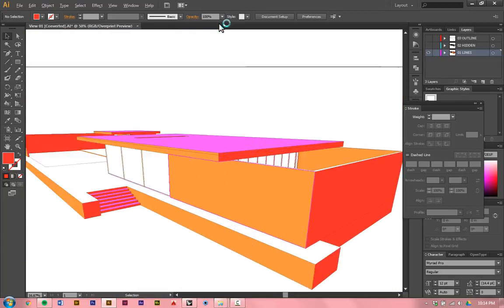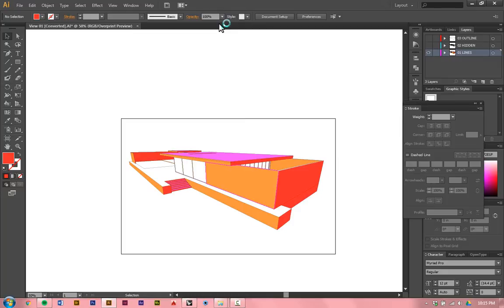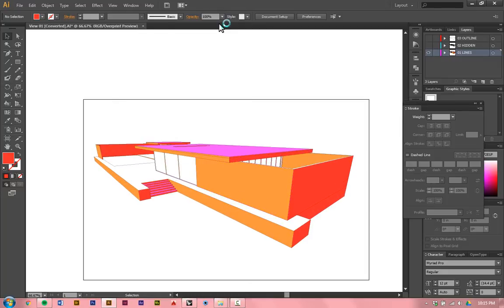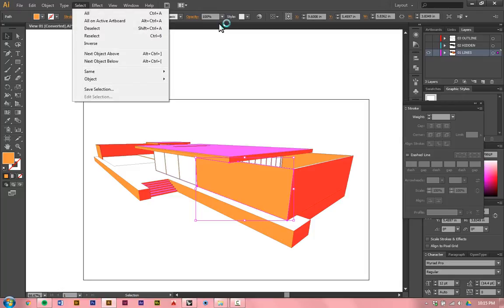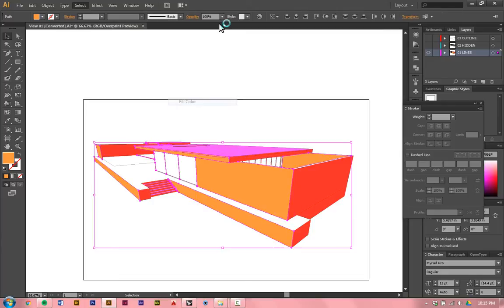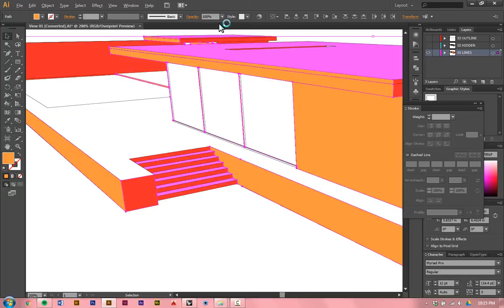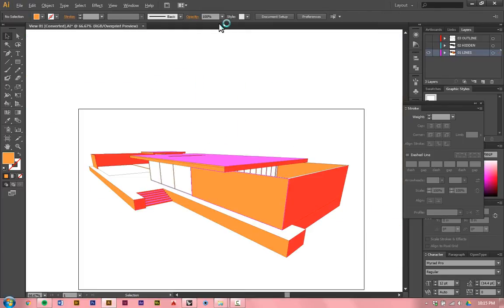So if I want to put all the colors on the layers, I can select on a color and I can just go to select same fill color. But as you can see, it's actually going to work for the oranges. It's not going to select the reds and the pinks. So to get those colors selected as well,